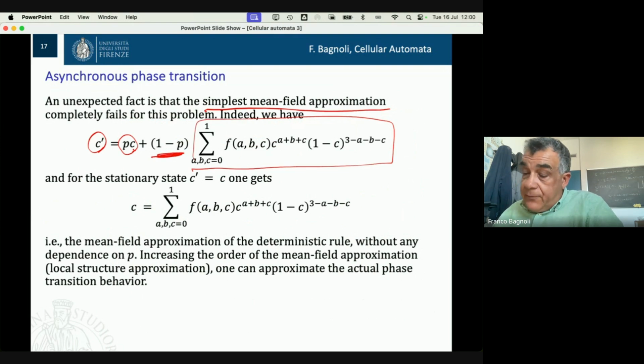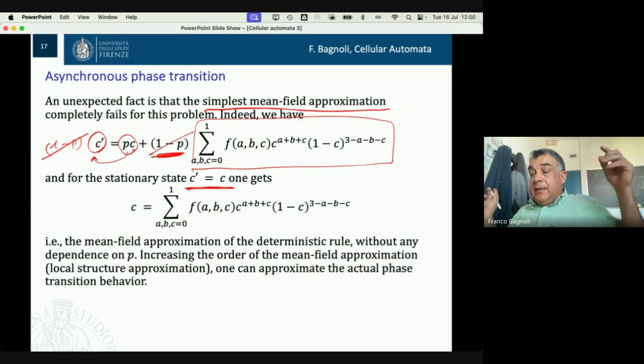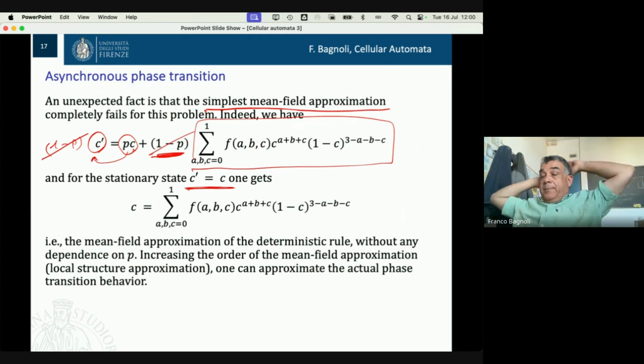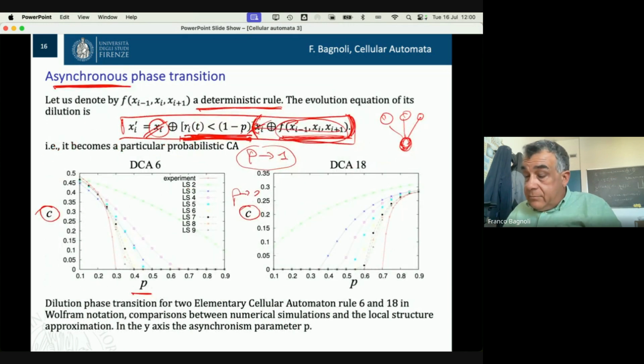But now, if you are considering the stationary state C prime equal to C, you see that this and this give you 1 minus P times C. This cancels out, and so you lose completely the P dependency. So it means that the simplest mean field approximation is completely unable to reproduce any of these